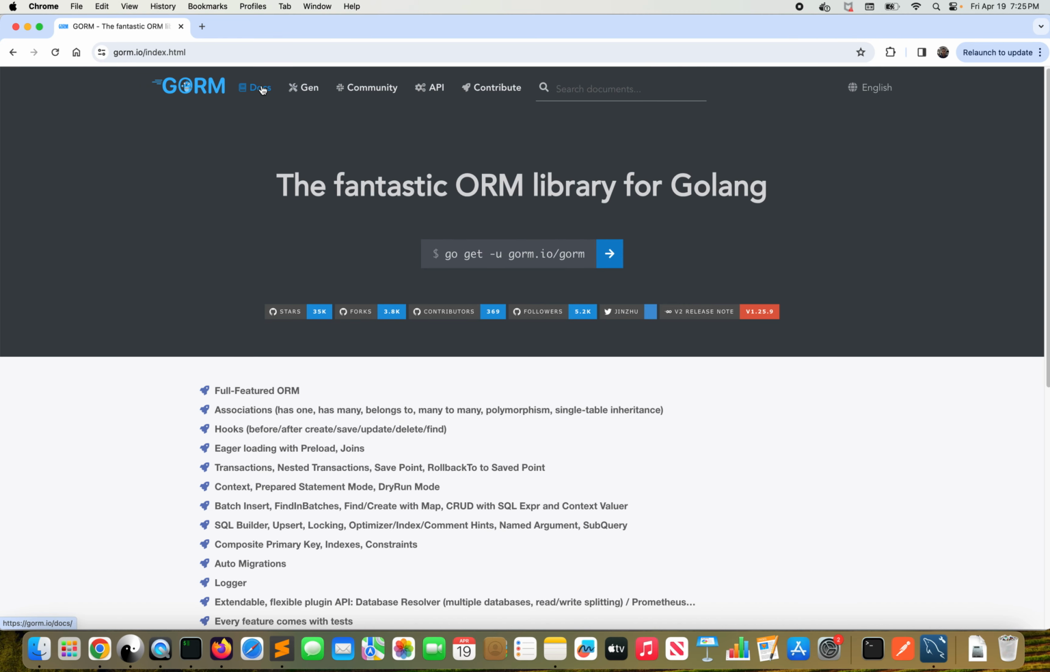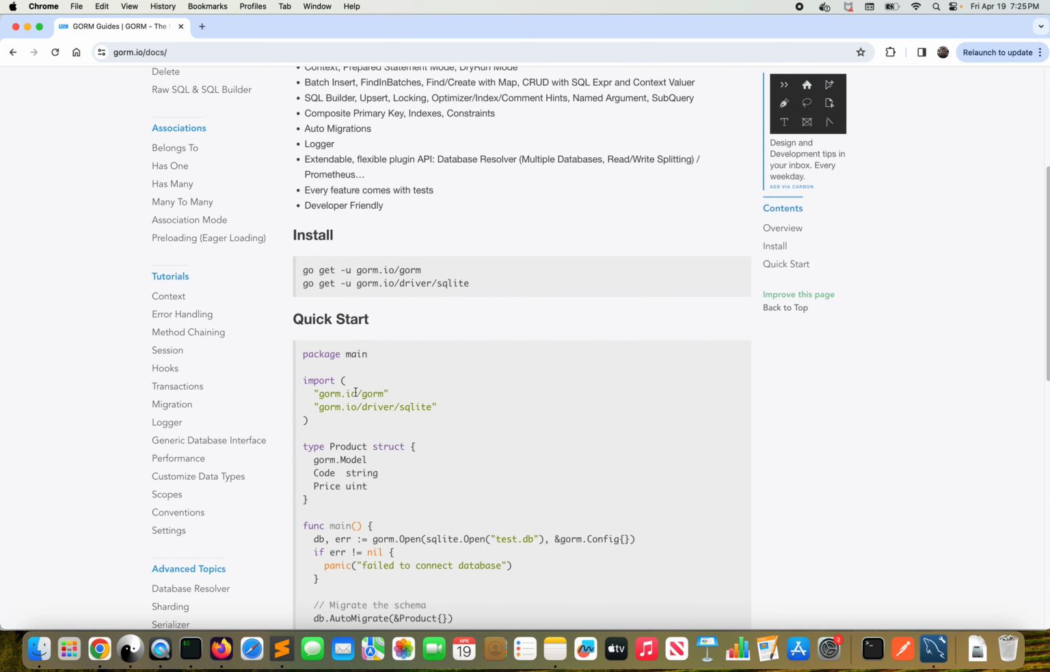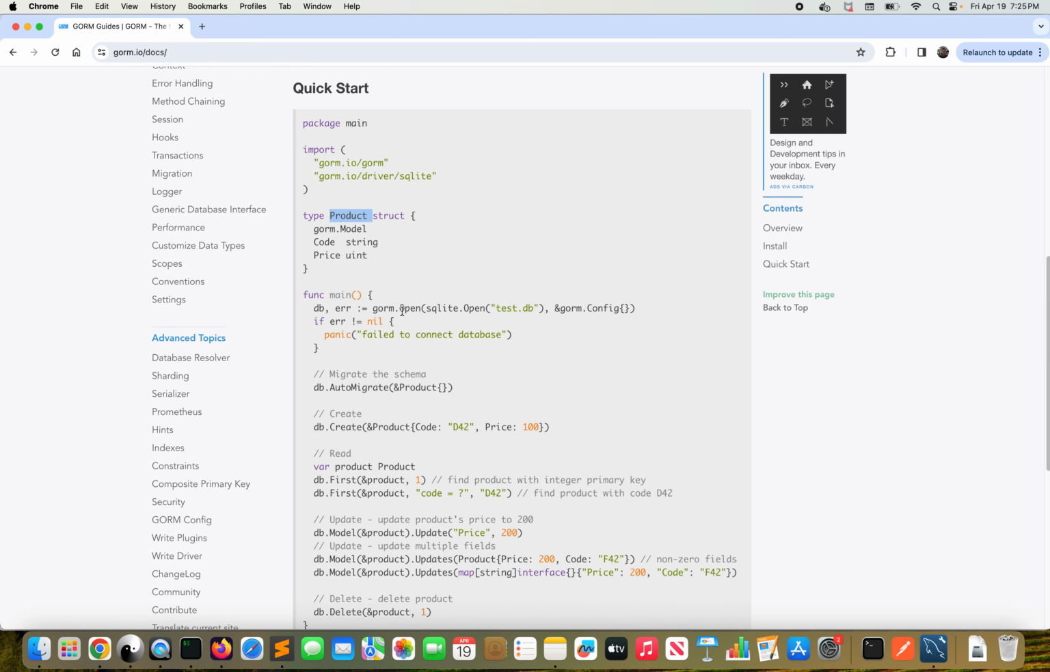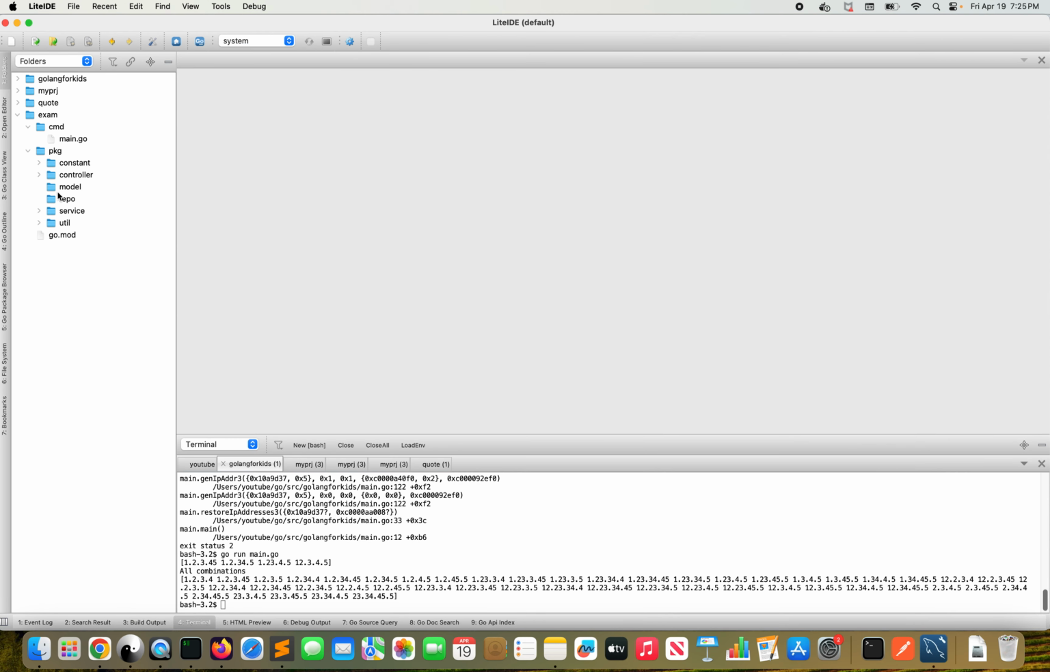Quick start. So we need to import these two lines. Then this is the way to connect to database. So let's create the connectivity in our project. We'll utilize that code. So for the database connection,